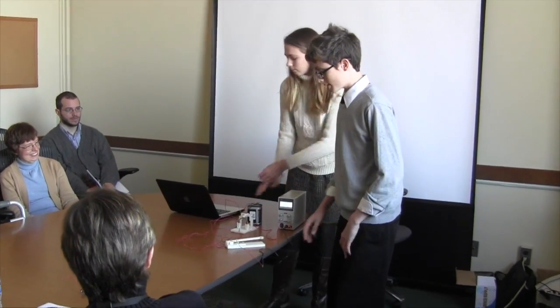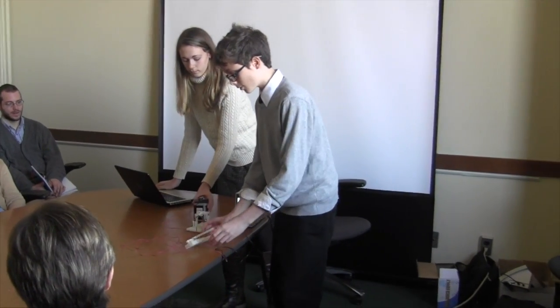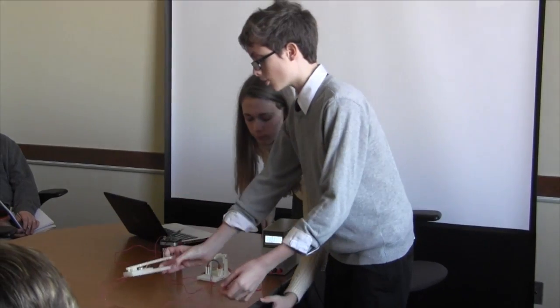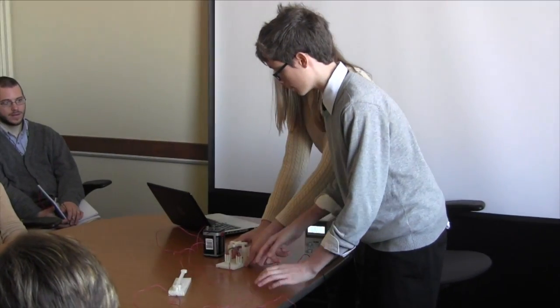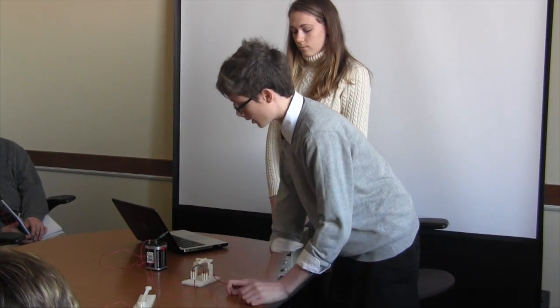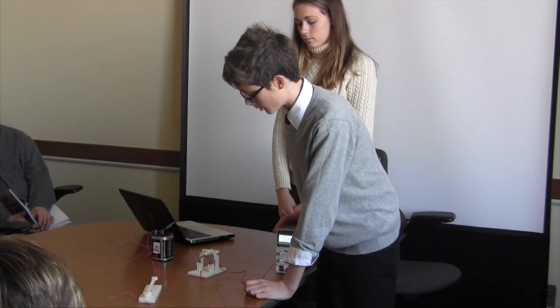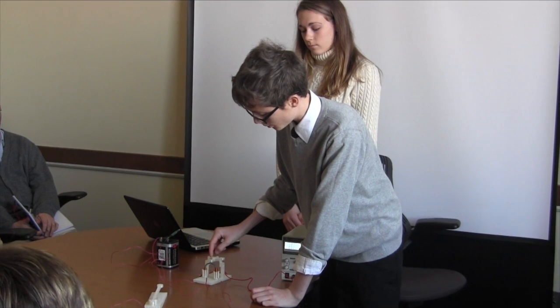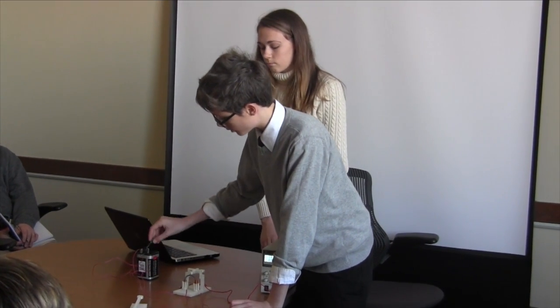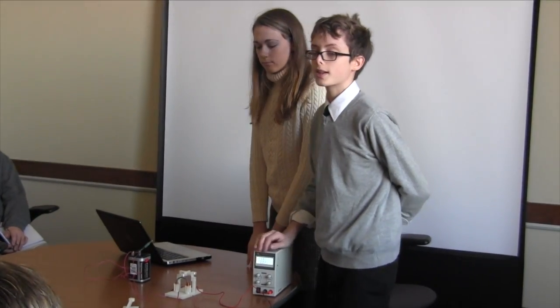So this is the key. It has its own power source. When you press this, it sends an electric signal into this iron core, and when the electromagnets are turned on, it pulls this down, which completes this secondary circuit, which then turns on this light and makes a very satisfying